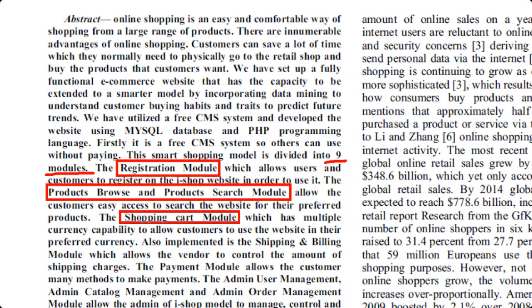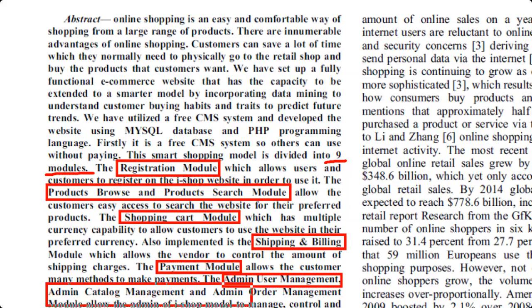Shopping cart module is to keep the information of the items that the user is trying to buy, right? What else? Shipping and billing module, and payment module, admin user management module, admin catalog management module, admin order management module.